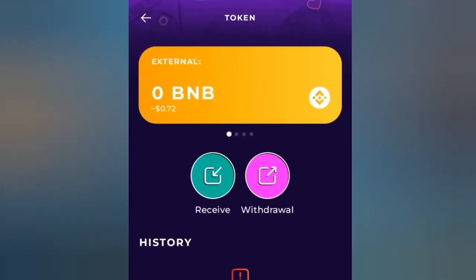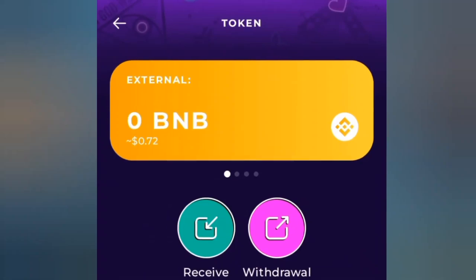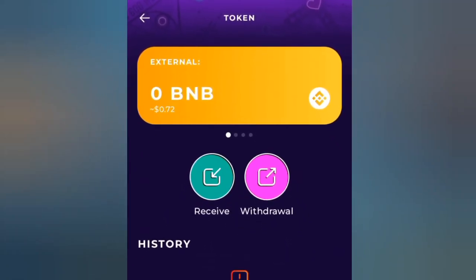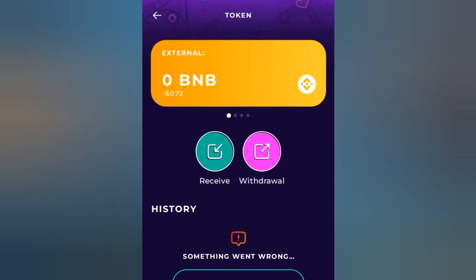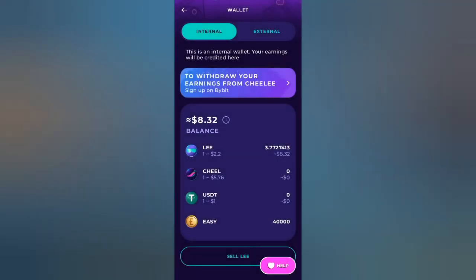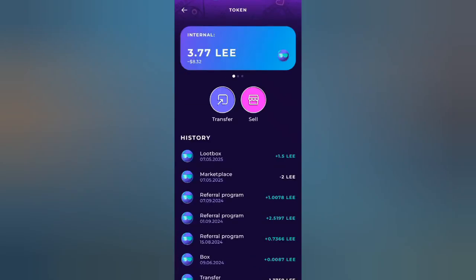So now I have BNB, and you can see 0.2 BNB here. If you don't know what BNB is, or if you don't have BNB, try and buy from a vendor, or today I can be your vendor. Right now go to your internal wallet, then click on the CheeLee coin, which you can see here. On this page I will not advise you to use this sell option because it's not always good, it's very dangerous. So go ahead and click on transfer,